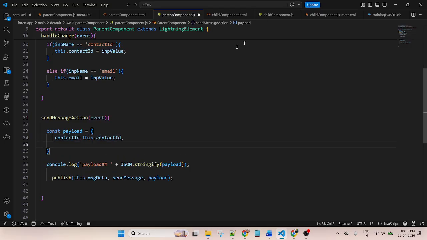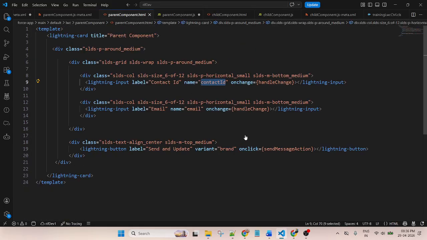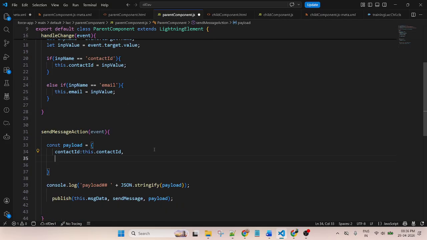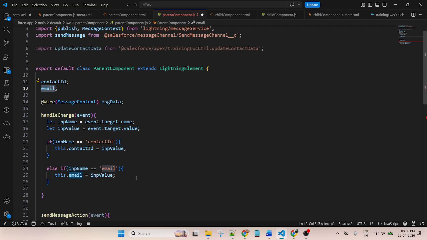Similarly, create one for email. This is email, comma email, and the value will come from here, because in this handle change function I am storing the value inside this variable.